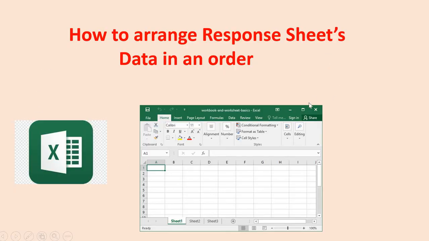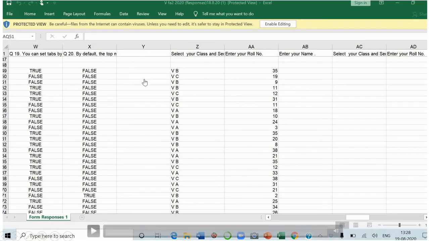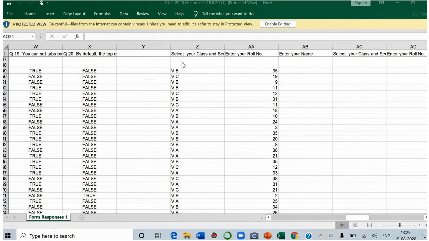Now after that, when you get the responses back, then in an Excel sheet, sometimes the data is not in order. Suppose this is the sheet. Teachers, when students send you the responses, you get this kind of response sheet in front of you. But see here, the sections of the classes are all mixed up. Suppose you are teaching all 3 sections, you get the response sheet like this: 5th B, 5th C, 5th A, 5th B, and it's really tedious work to check their marks and roll numbers from this mixed up list. Now what do you want to do?